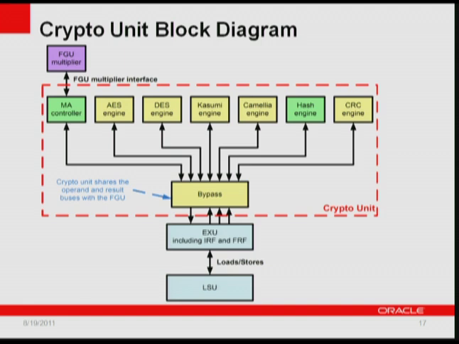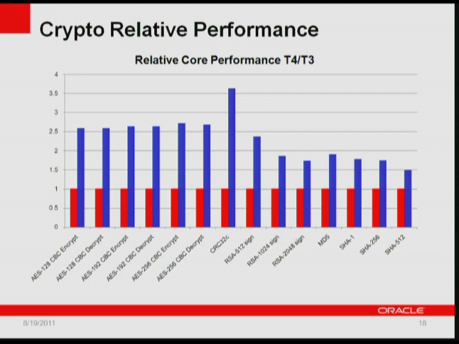Those buses are also shared between the cryptographic unit and the floating point and graphics unit. And then finally, to get access to the architected register files, we just use normal loads and stores through the load store unit. This slide shows relative core-to-core performance